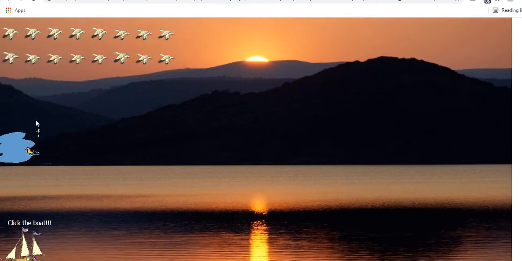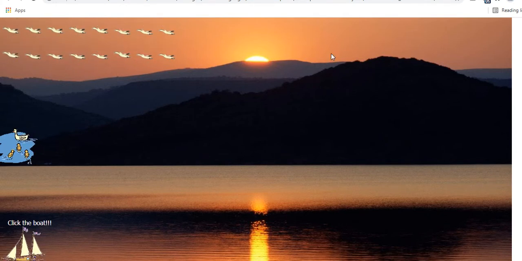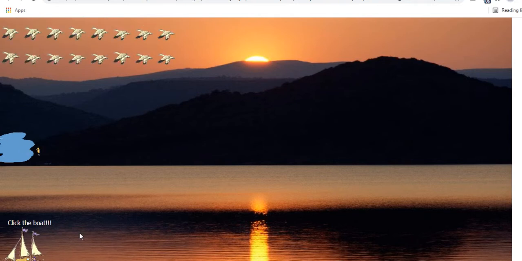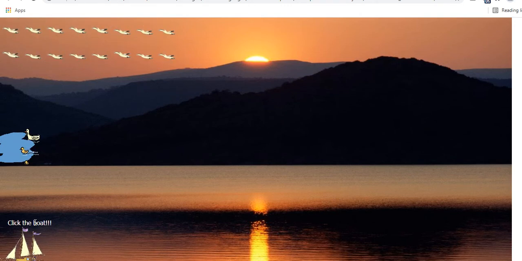Similarly here, see this also. Actually, I will show this code again. In this code, these birds will fly from here, and while flying they will sing. These swans will swim in the pond, and this boat will also be moving, but now it's not moving. I'll show you this code after we go through each of the tags, because even if I tell you now, you will not be able to understand without the basics.